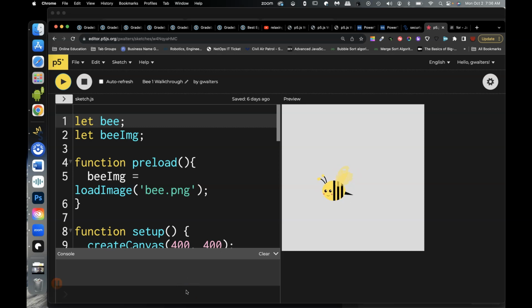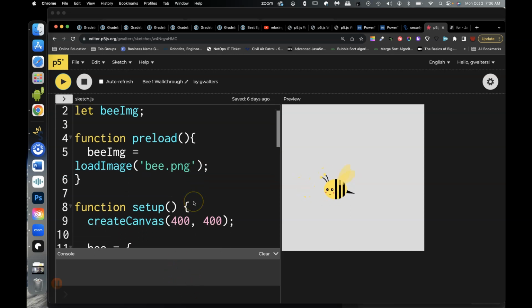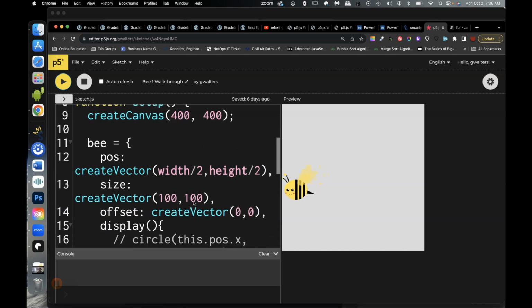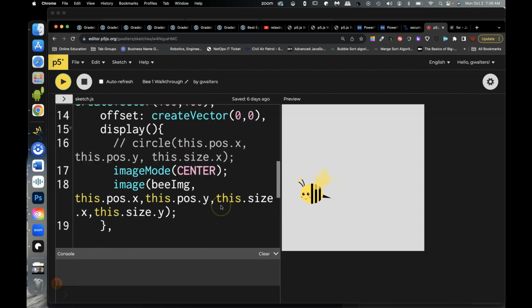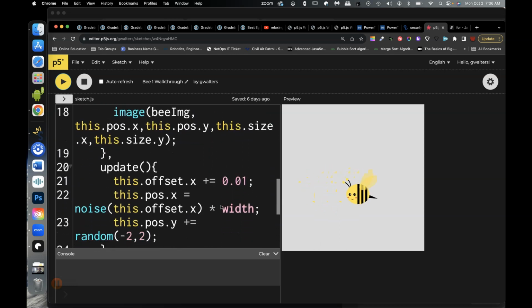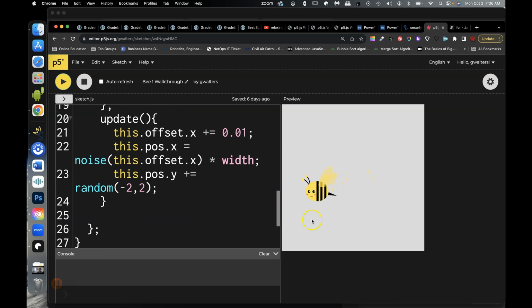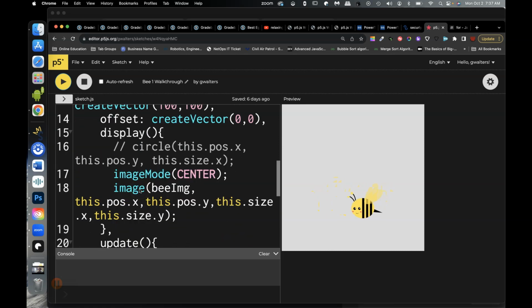All right, so now we have an object. We have the B that we set up, that has a position, a size. We have this offset using Perlin noise. We are displaying it. The B is responsible for updating its position. Now I actually want to take this and abstract this out to make, instead of just one B object,